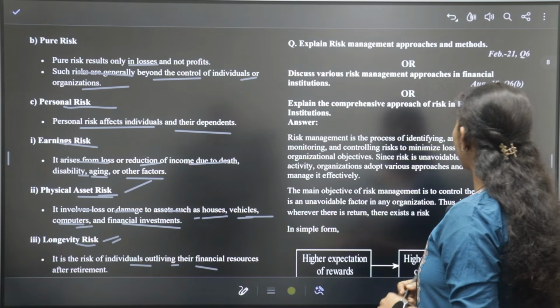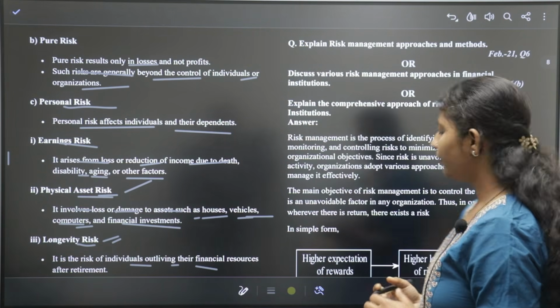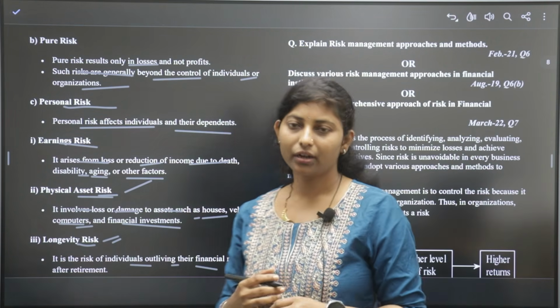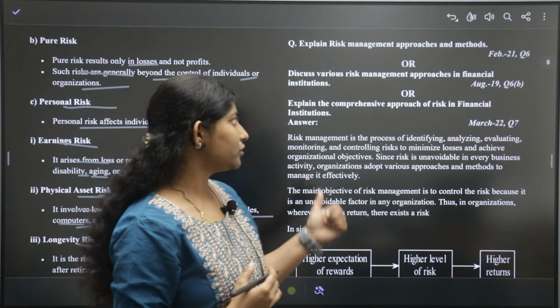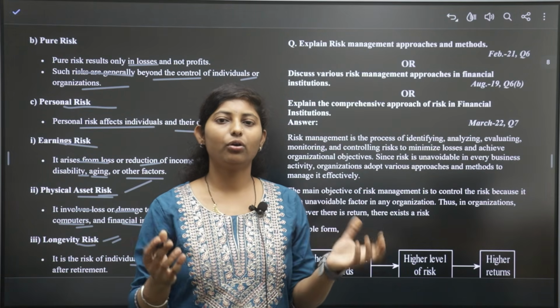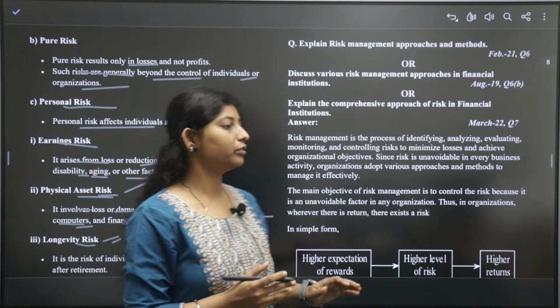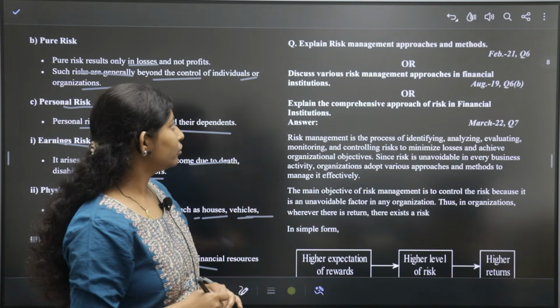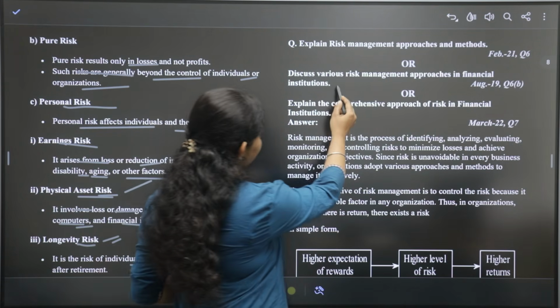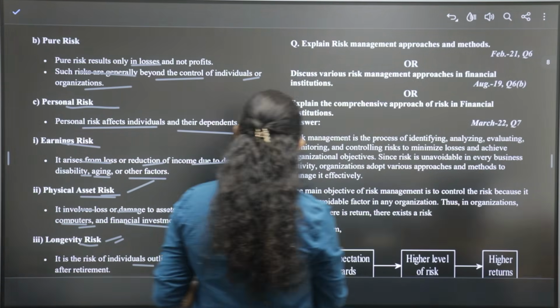Explain risk management and approaches and methods. Here we are going to cover risk management, approaches and methods. These are all different types of questions that we are going to cover in the second question. They may also ask: discuss various risk management approaches in